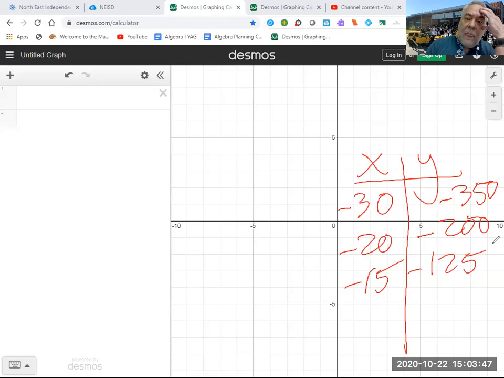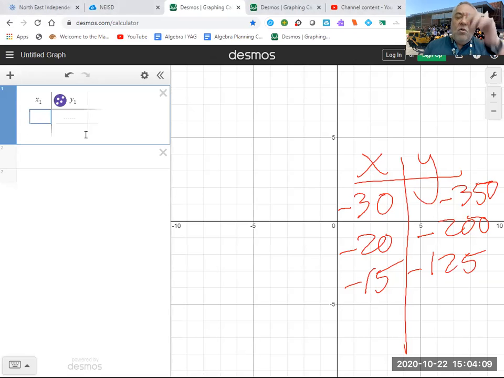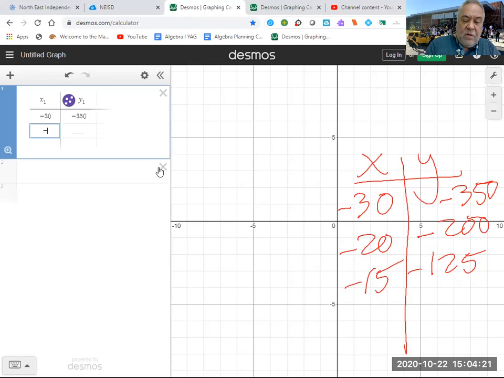Okay, so if you're going to have a problem like this, if you look at the 4 answers, there's 2 different slopes. So first thing is, if you can figure out the slope, you can rule out 2 of the answers. Okay, so let's do that first. Let's figure out what the slope is. So go to this plus sign, put in the table, and you only need 2 points out of the table. So I'm just going to put in 2 points. So I'll put in minus 30, minus 350, minus 20,